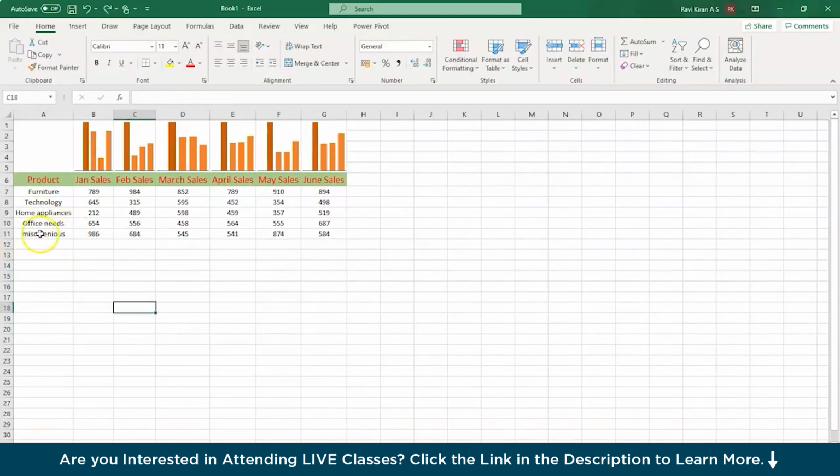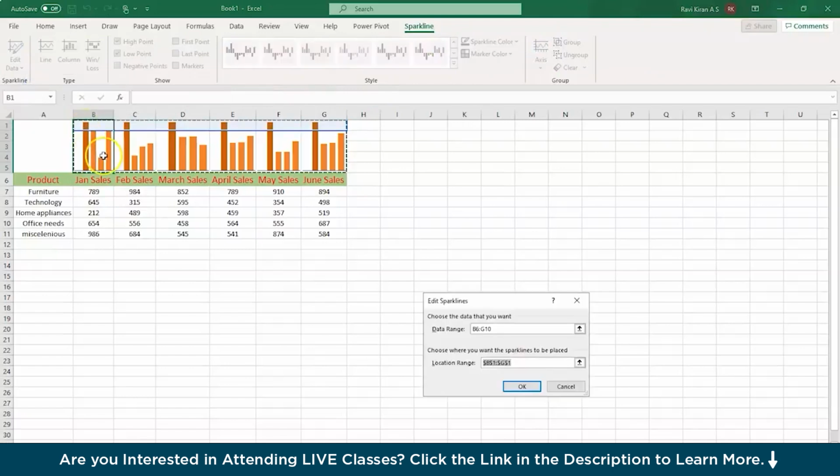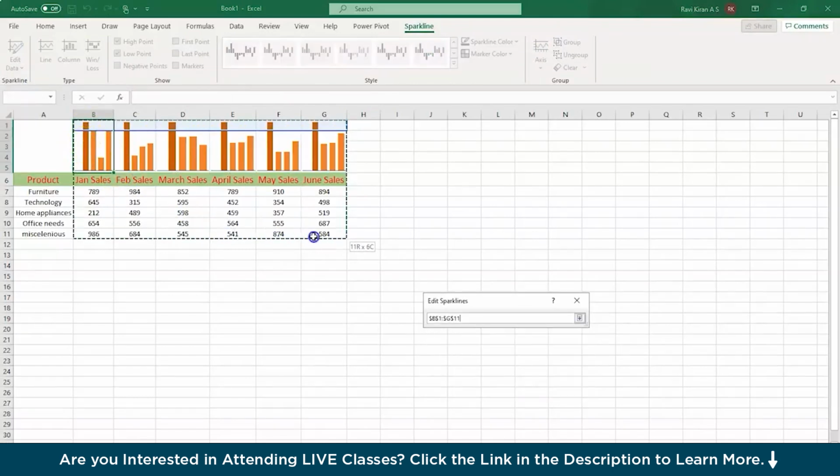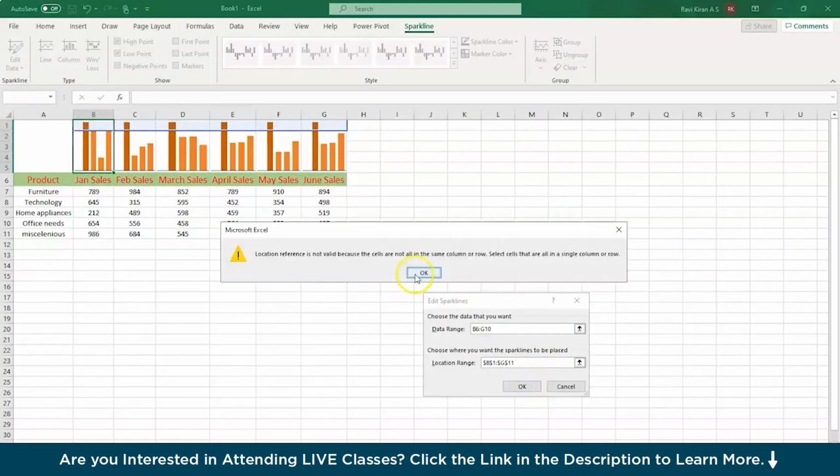So yeah, now we have added the miscellaneous row, and right now we have the sparkline chart for only 4 rows, that is furniture, technology, home appliances, and office needs, and miscellaneous is missing. Now to add that as well, let's select sparkline, and inside sparkline just select edit group location and data, and now let's select the entire data,